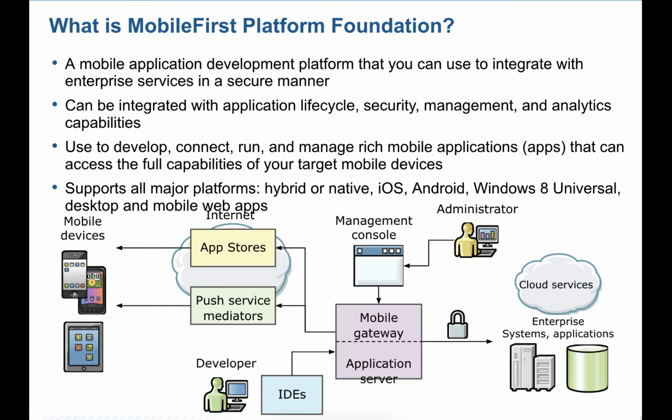And apart from that, you have two types of server: one is the mobile gateway and the other is the application server. These can connect with any enterprise system, or a database, or any cloud services. A database can be on the cloud or on your premises as well, right? So this is the overview of IBM Mobile First Foundation. If anyone has any doubt or question, you can message. Once I see the message, I will try to answer it. Okay.